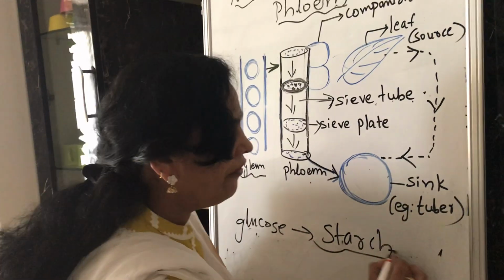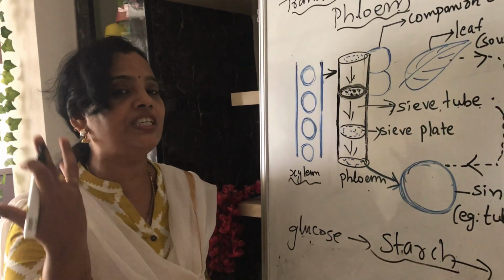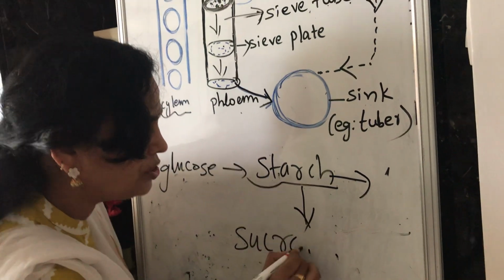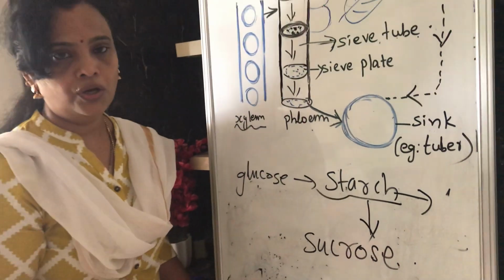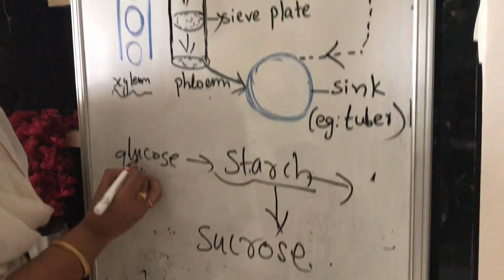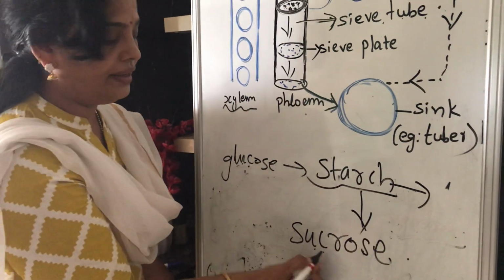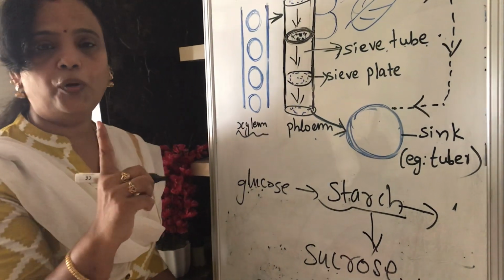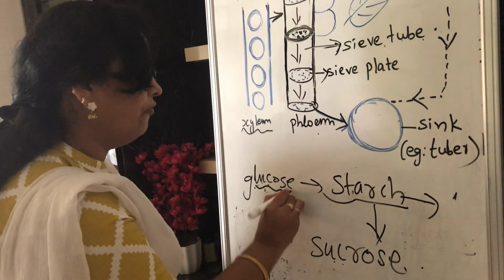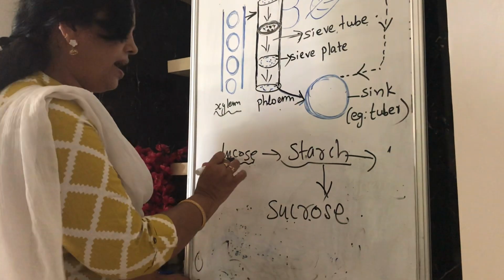Now, whenever the plant wants to distribute the food which is produced by the leaf, this starch will get converted into another sugar called sucrose. Sucrose contains 2 carbohydrate molecules. Glucose is the simplest carbohydrate molecule, containing one glucose molecule, whereas this we call a disaccharide. It is a little more complex than glucose.